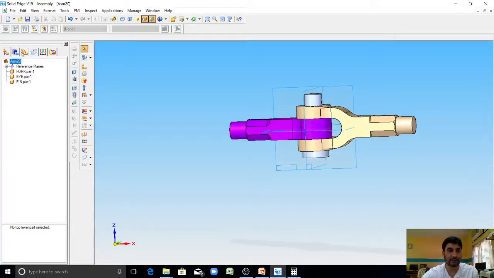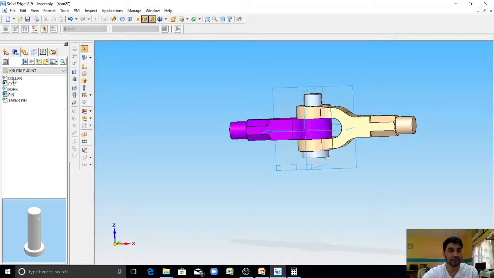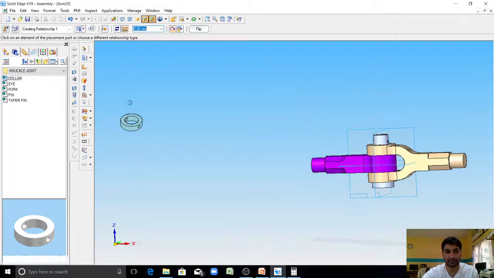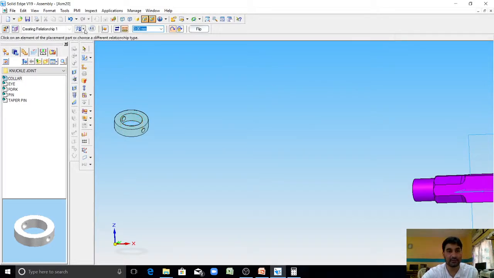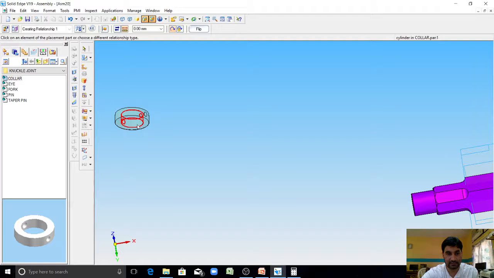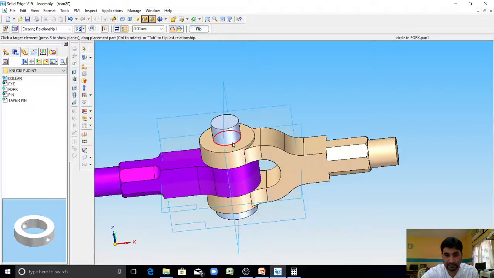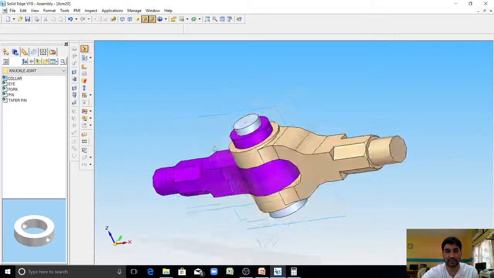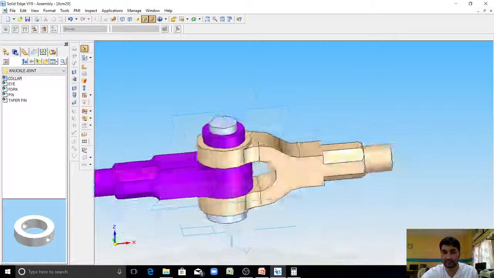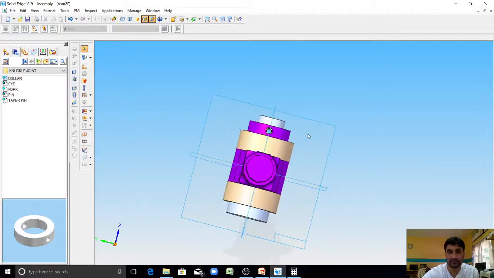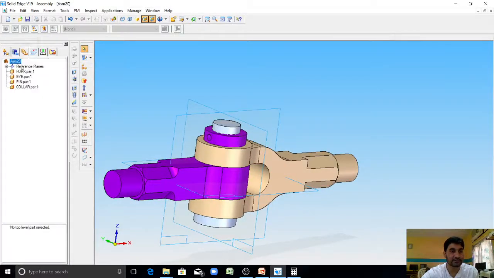Now the fourth part is collar. Double click here. In a similar way, using flush fit, click on option here, click OK. Click this edge, right click the mouse, select this edge, must assemble to this edge. You can see here it is perfectly assembled. You can see here holes are also matching. See here it is fully positioned.